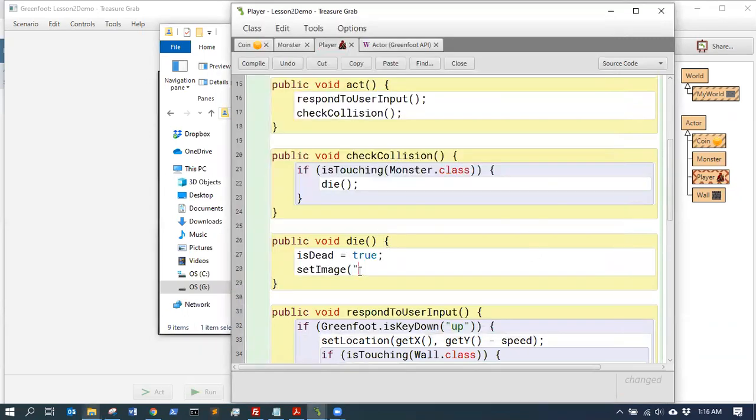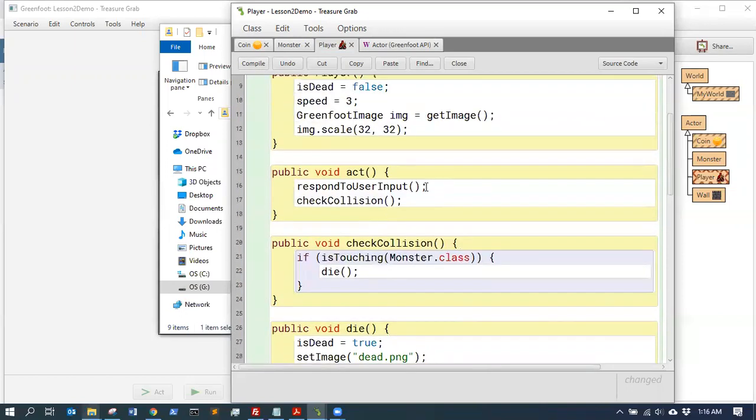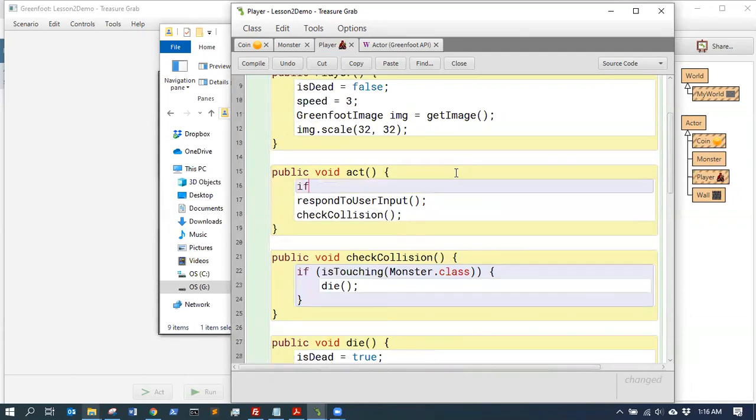Okay, so pretty simple, dead.png. And then we also need to make sure that the user isn't going to respond to user input or do anything else in the act method if they're dead, right? So if not is dead,